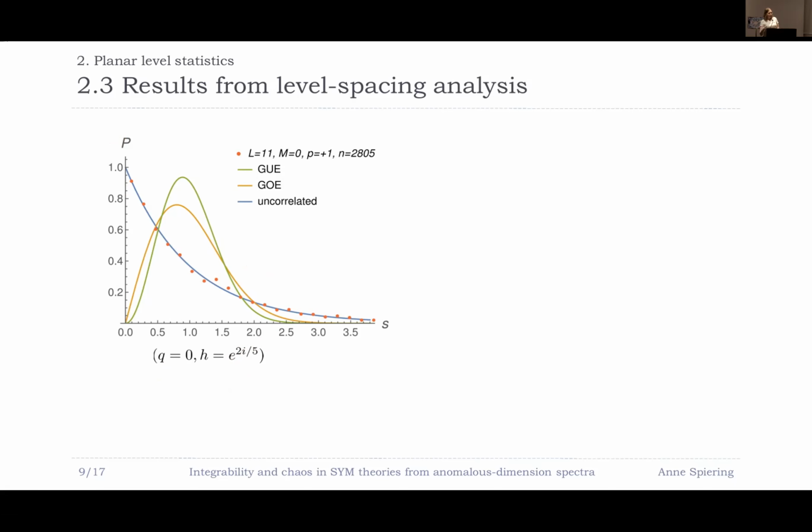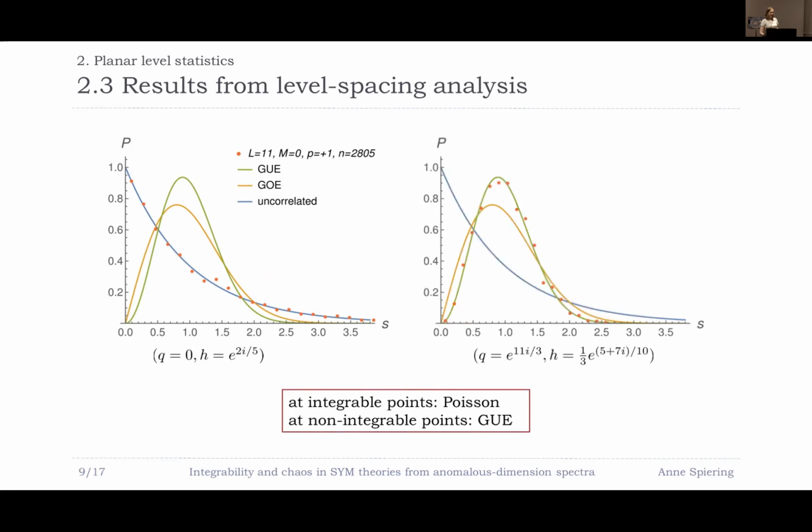Then as you go away from those integrable points, you find that the spectrum is not described by this Poisson curve anymore, but is described by random matrix theory. This now points really to the fact that the spin chain is non-integrable, chaotic. And in this case of the Leigh-Strassler spin chain, we find that the random matrix theory ensemble that describes the spectrum is the Gaussian unitary ensemble. So this is kind of the result for the